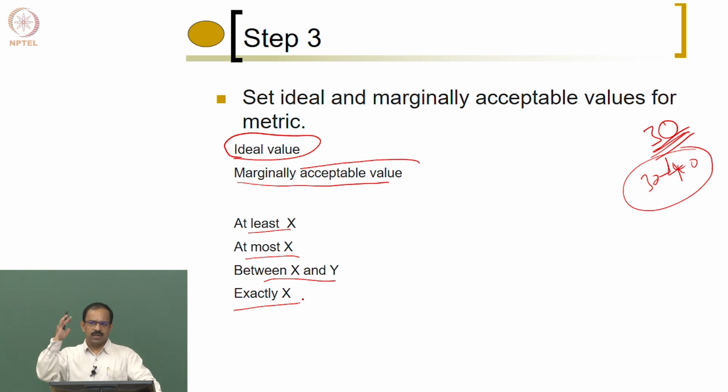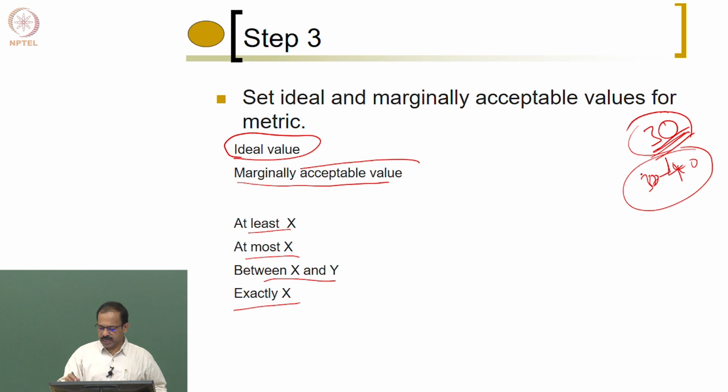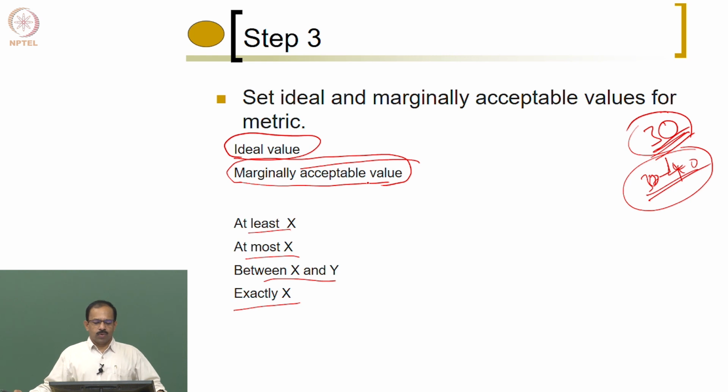The ideal value is the one which you prefer to have, but because of design constraints, you may not be able to reach it. You can say, okay, 30 is my ideal value, but anything less than 40 I can accept. That is what we call the marginally acceptable value. Now, once you have all this, you have the design specification ready for the product. For the number of tools, you will say the number of tools should be less than 3. Ideally, it should be 2, but less than 3 is fine. Time to assemble could be 35 seconds, but anything less than 40 may be acceptable.